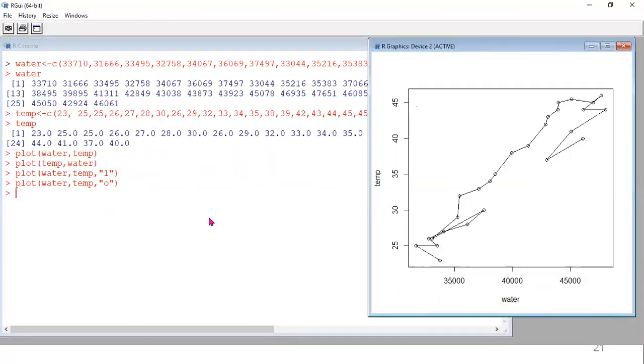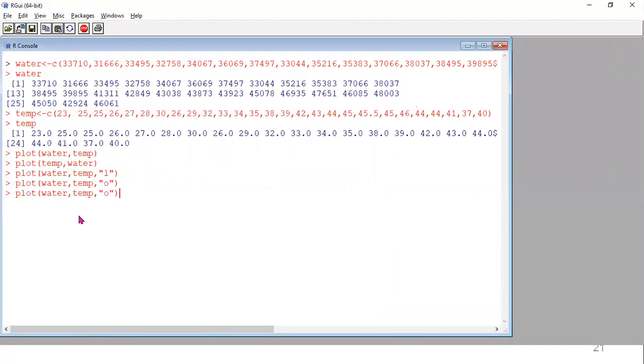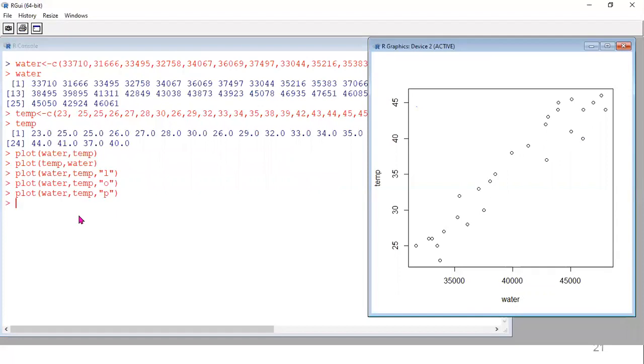So all are lowercase letters. See, overplotted points. This is the graph of overplotted points. Then after O, you can see P, which means points, it shows the points default. Without using P also, you will get the same graph.